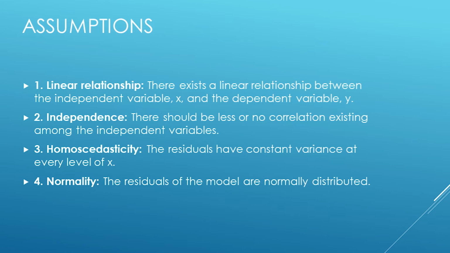If you add both of them in your model, then your model won't be robust. So in order to avoid that problem, you will have to drop one of these. There are a few tests we can use in the future in order to test whether they are multicollinear or not. Then the third one is homoscedasticity: the residuals have constant variance at every level of x. And last is normality of the error term. The e term should follow a standard normal distribution with mean 0 and variance 1.